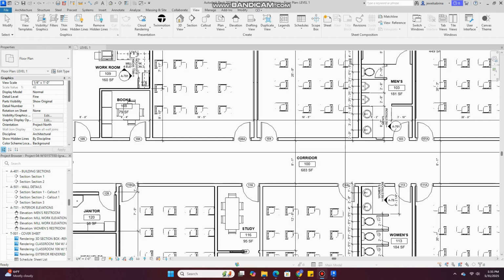As you can see, these are your loaded families, and the name of the current view will be bold compared to the other views. For example, we are on Level 1. You can see it's bold and highlighted. Level 1. On the view control bar down here,